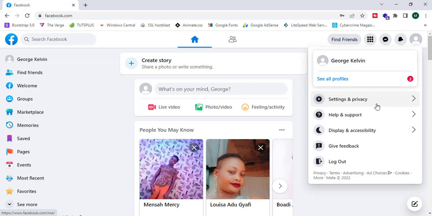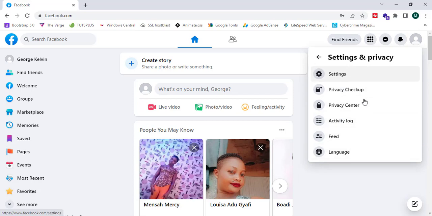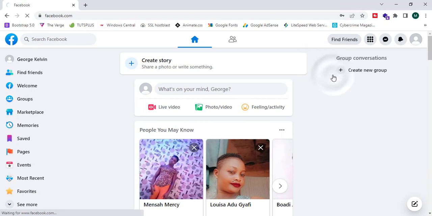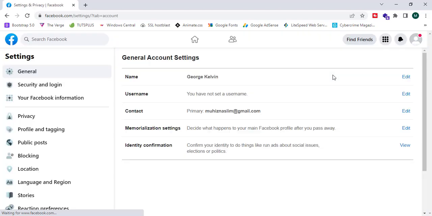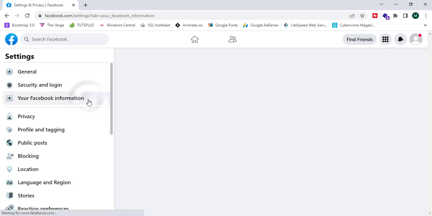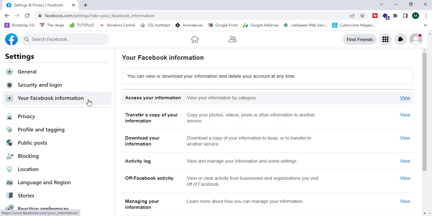click on settings and privacy, and here it will show me the sections such as settings, privacy checkup, privacy center, and many more. So now I'm going to click on settings, and this will redirect me to the settings page, and I can change my name, username, contact, and many more. So now I'm going to click on your Facebook information over here, and here it will show me